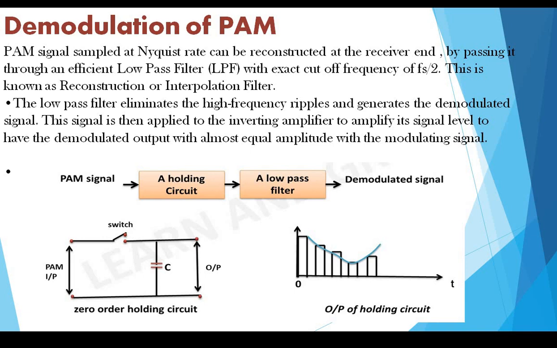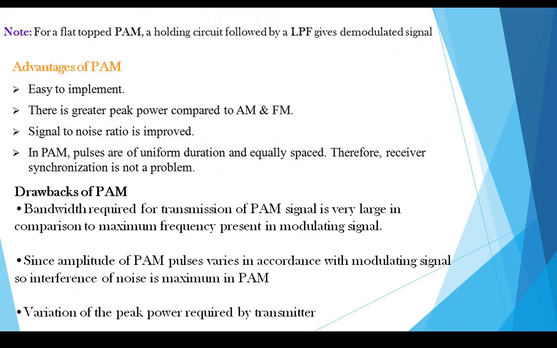Up to which level will it be charging your capacitor? Up to the amplitude value of your modulated signal. After that, the signal is given at the output side, and again it will discharge. Again the switch will be closed for the next pulse, it will be charged, the signal will be given, then the switch will be opened and it will be discharged. This is how you will be getting the pulses. Then these are smoothened using a low pass filter where higher frequency components are reduced, and lastly they are given to the amplifier where you will be getting a message signal of similar amplitude.